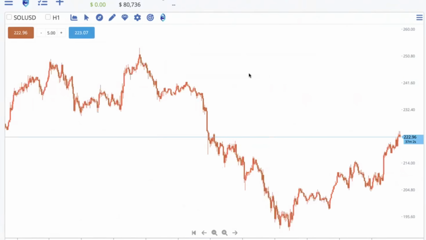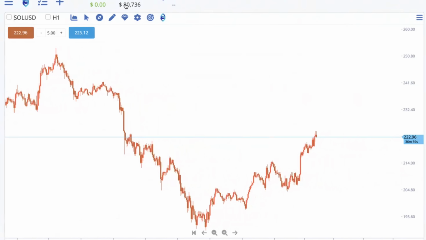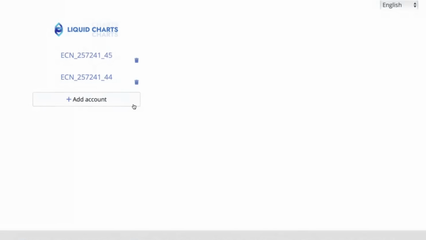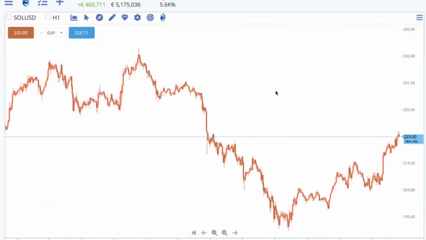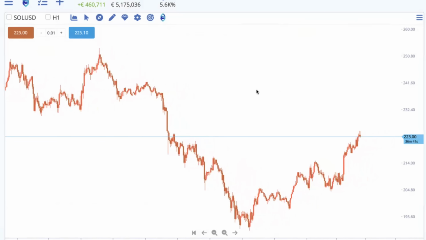Bro, y'all don't even want to know what I did with this account, trading Solana in and out, but I turned this from like 5K and now we're at 80. I trade crypto on Liquid, by the way. I just feel like it pays a lot when it comes to trading Liquid and crypto. I think the broker itself pays a lot when it comes to trading crypto. So I just prefer trading on Liquid in general. But currently I'm holding BTC positions.